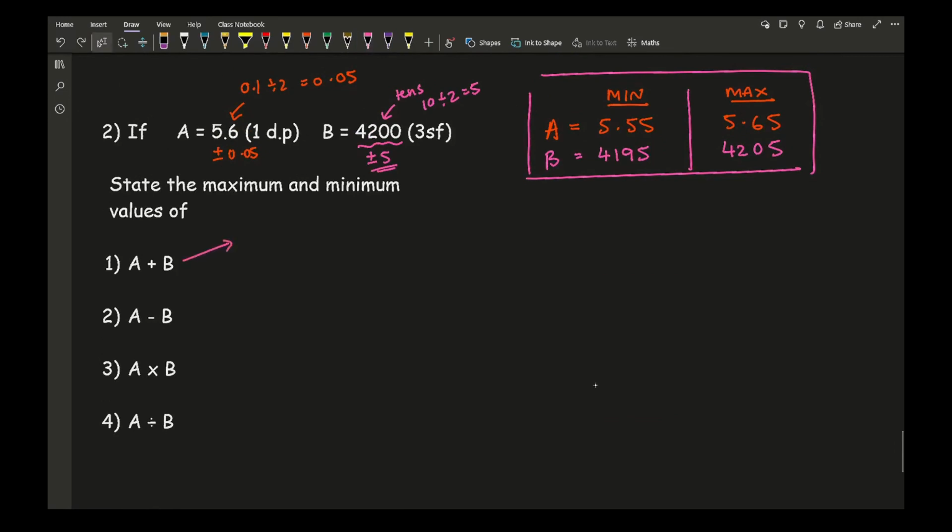So for adding, to work out the minimum value, what I need to do is use the smallest numbers of each of those letters. So it's going to be the smallest a, which is 5.55, plus the smallest b, which is 4195. And all I'm going to do is type that into my calculator. So I've got 5.55 plus 4195 gives me an answer of